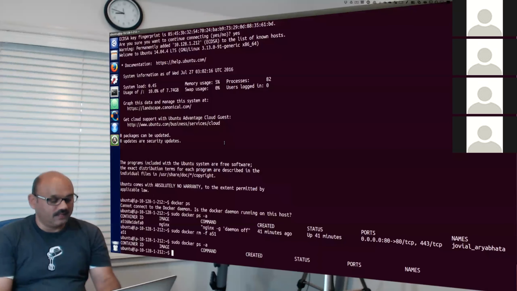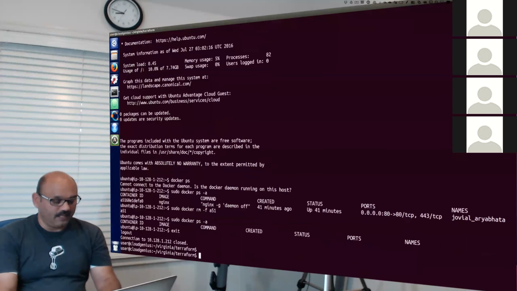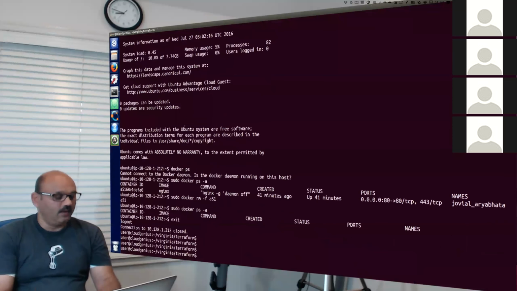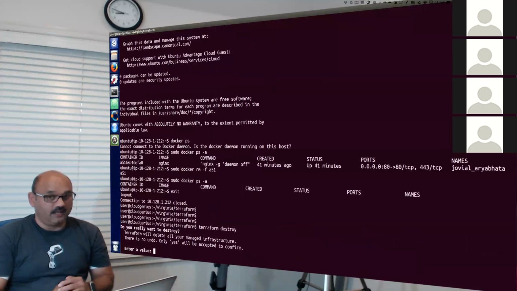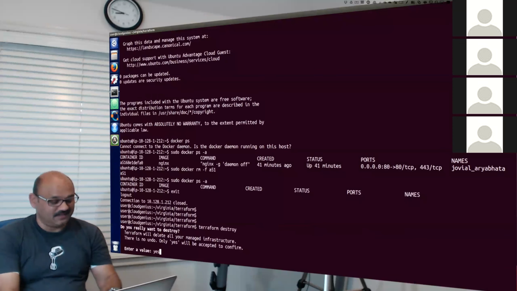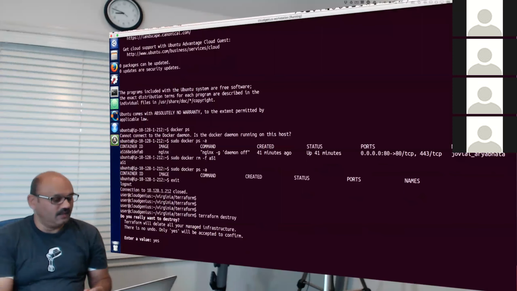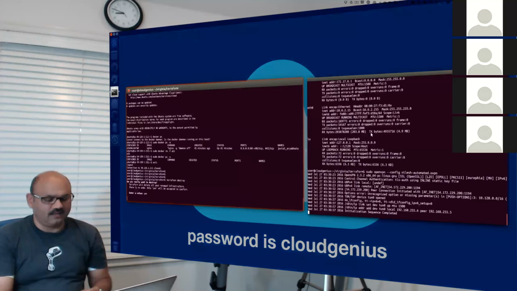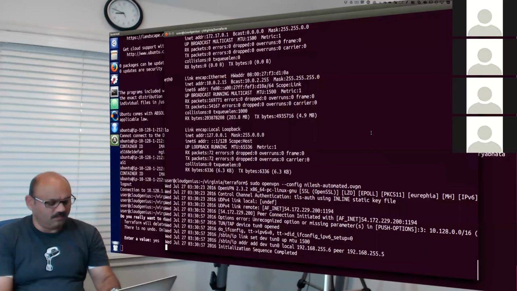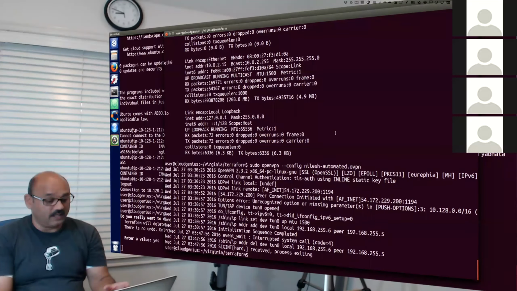And with this understanding, I'm going to come out of this machine, exit, back in my Terraform, and all I can do here to clean up is say terraform destroy, and say, are you sure? And I'll say yes, and it kills the whole thing. And now we will see the VPN connection breaks and all that. So all these things will happen momentarily, but you get the point.